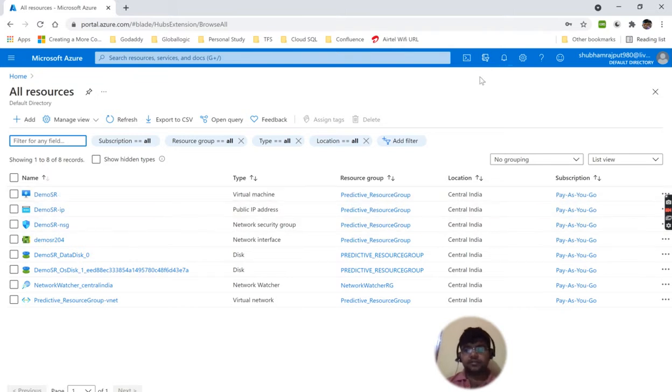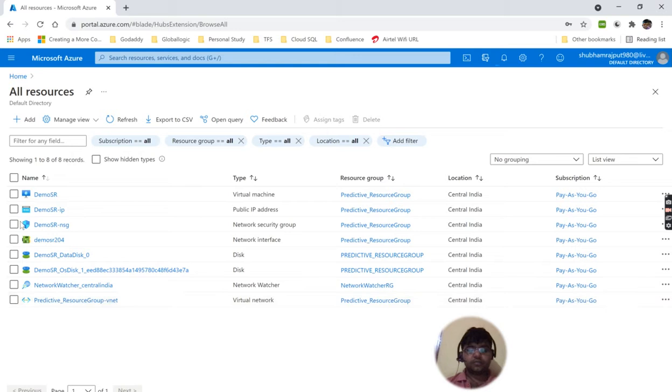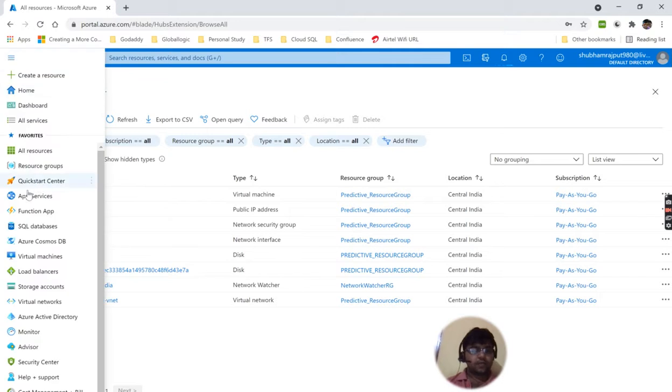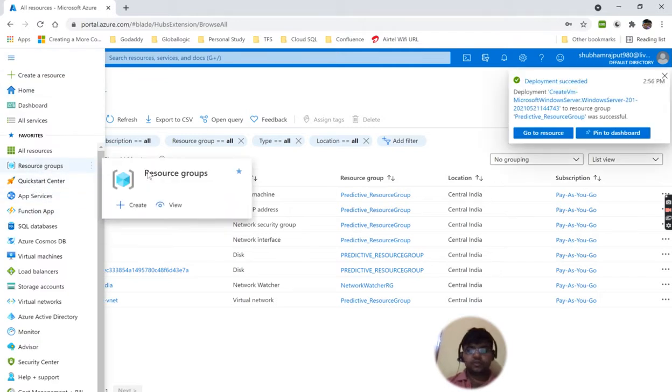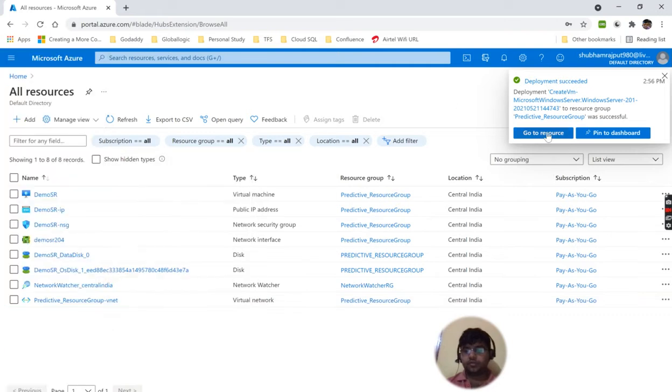I think it is created successfully. Deployment is in progress. Okay, it shows demo SRS and all these things in a single grid, basically all data is showing to me. After that you will see the resource group and all these things. Okay, my deployment has been successful.